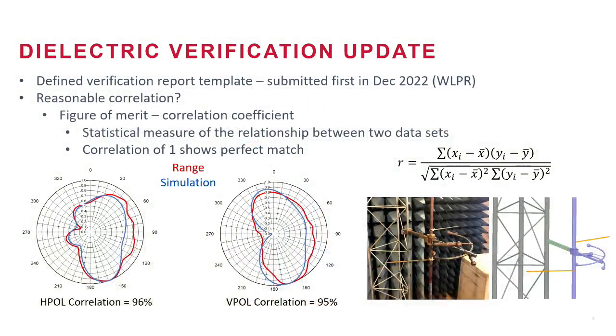So you'll see here the two azimuth patterns that I have up there show both the H pole and the V pole. And just to give you an idea of what 95% correlation looks like, that's what you see there. So you see the blue curve is the simulation that comes out of the computer. The red curve is what you see that comes off of the range. Now, why do you think the computer curve is nice and smooth and the one off the range isn't so smooth?